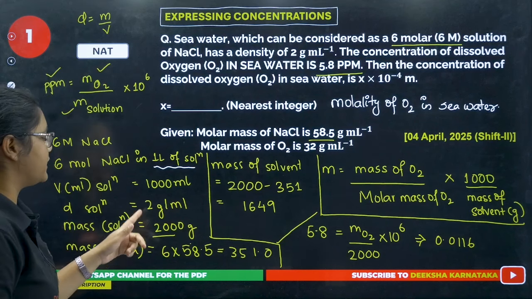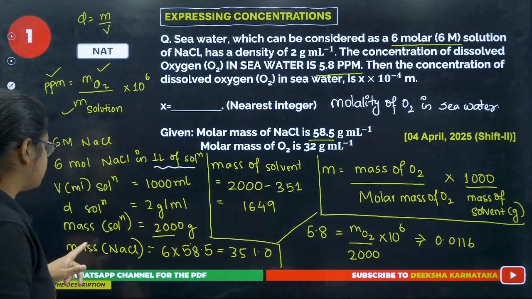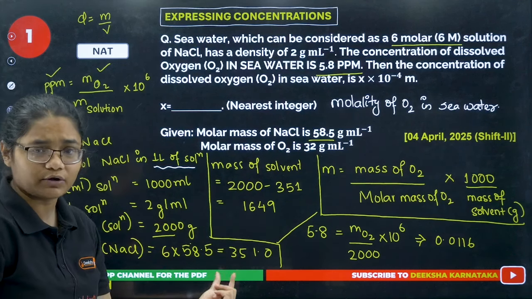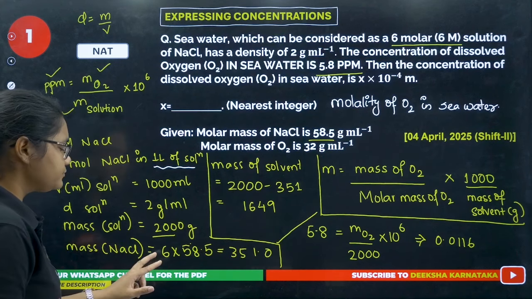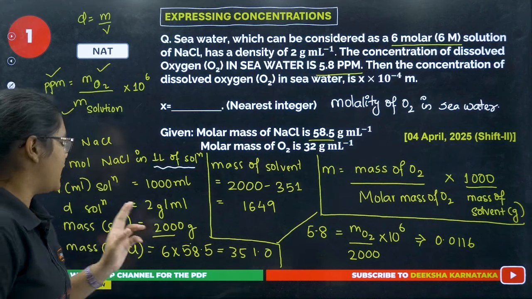Density into volume, that is 2000 gram. So I got the mass of the solution as 2000 gram. Next I have the mass of NaCl. Mass of NaCl is 6 into 58.5. So 6 5s are 30. Here I'll multiply. So the total mass of the solute, or mass of NaCl, is 351 and the mass of the solution